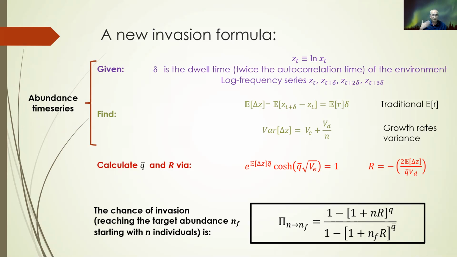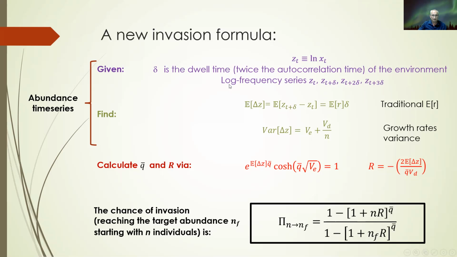And then I will explain in the next slide how to extract these parameters from a given time series. So first of all, we take a parameter like abundance or frequencies. We take the log. So we have a time series of Z, the log frequency. And then we calculate the autocorrelation time, and we define the dwell time as twice the autocorrelation time of the